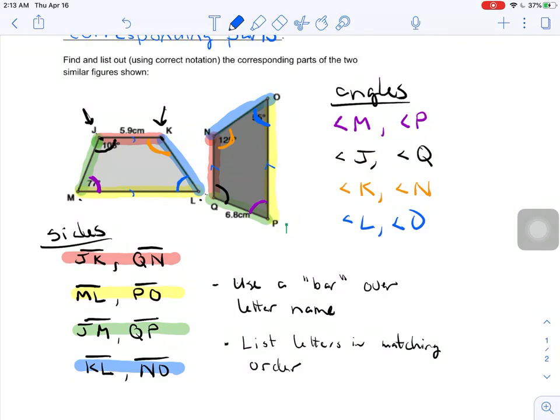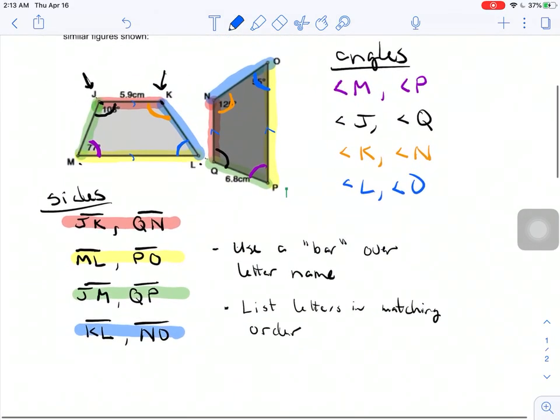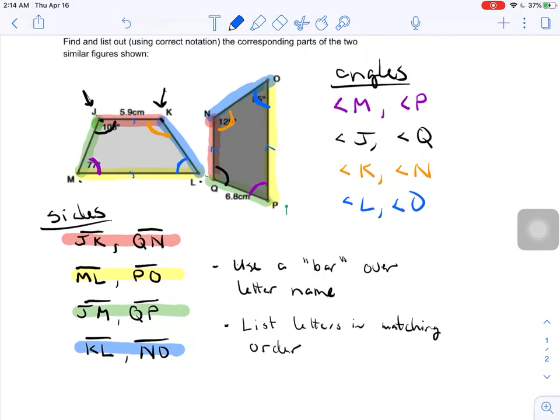So again, this is a background skill, practicing being able to match things up correctly, because that's going to become important in the next part of the lesson. So that is what you are going to be practicing today. Your notes should at this point be completely filled out. You should have the top part filled in, all of your corresponding sides and angles listed out, and your notes about correctly listing sides. So use a bar over the letter name, and list the letters in matching order to help you remember to do those things. If your notes are complete and you have all of your things listed out, then you could go ahead and move on and try the short